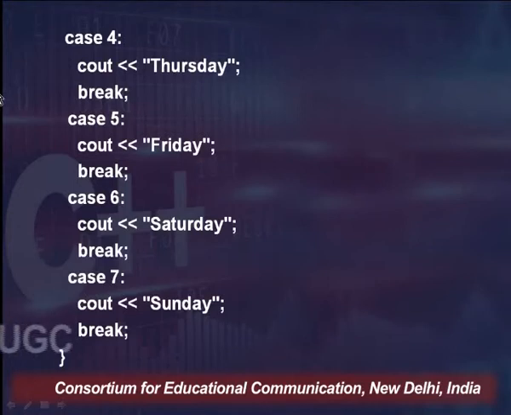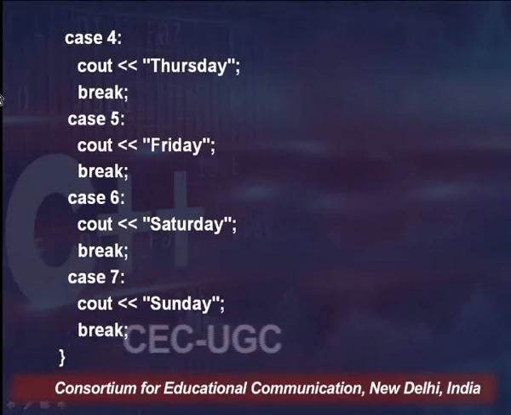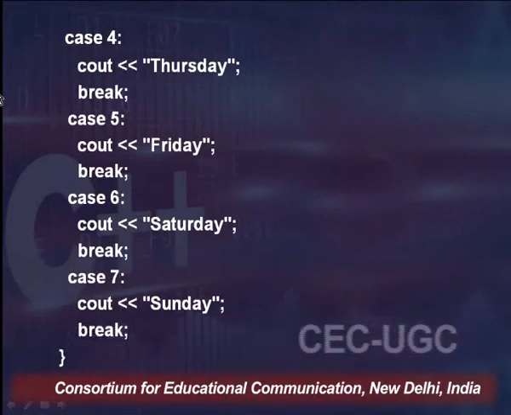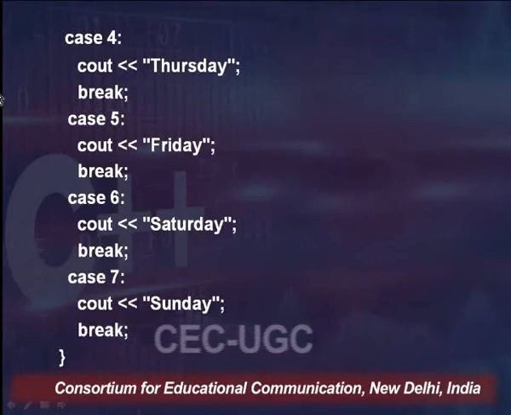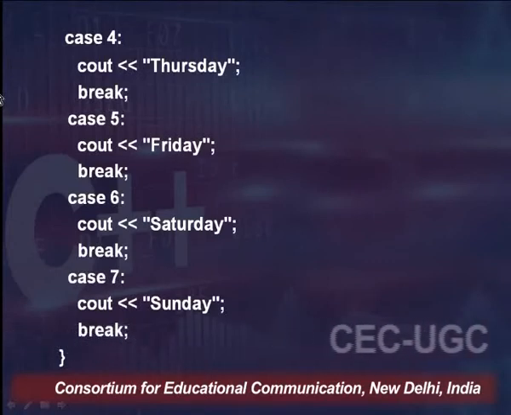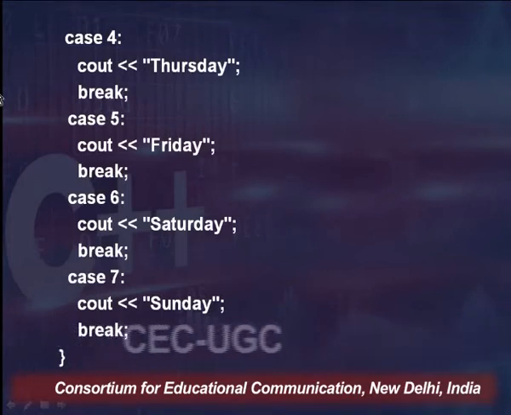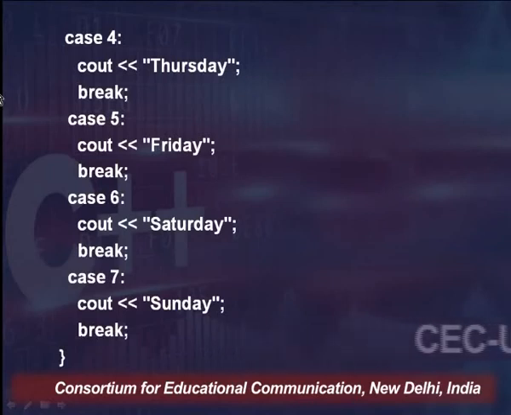and then it will enter inside the statement of case 4, and hence cout Thursday is written, so Thursday is being printed, and then there is a break. So break signifies here that it need not check 5, 6 and 7. Break says that it will now come out of this switch case statement. So break here is a kind of statement which is breaking the flow and throwing the flow control out of that particular statement in which break is written.